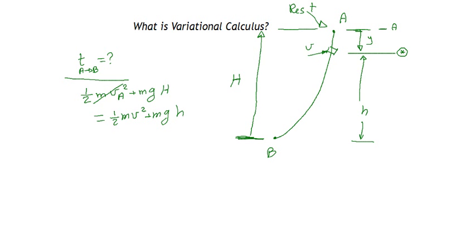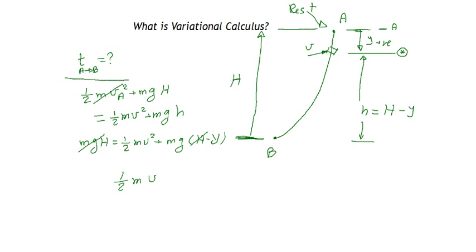If you are going to take y vertically downwards, then we should get rid of h. In fact, h small is equal to h capital minus y. So you can rewrite the equation this way: mgH is equal to half mv squared plus mg, and instead of h small I will write H minus y. Indeed, this term cancels with this term, and you can write that half mv squared is equal to mgy,